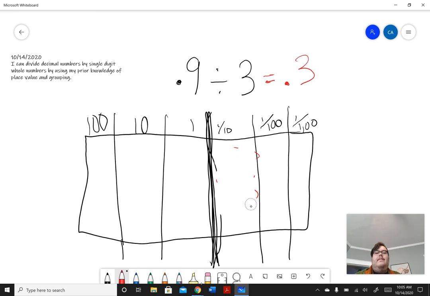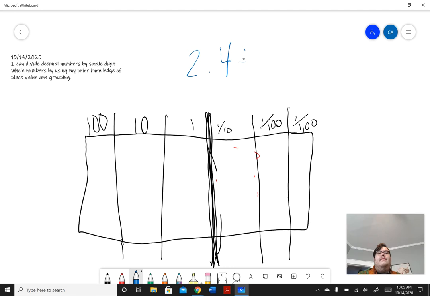This one, we're going to use more of our knowledge of place value. Okay, let's do 2 4/10 divided by 6. Well, one of the things that's going to be tricky is if we write this the way that we see it, 2 and 4, it's going to be tricky